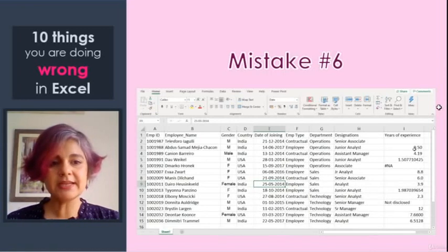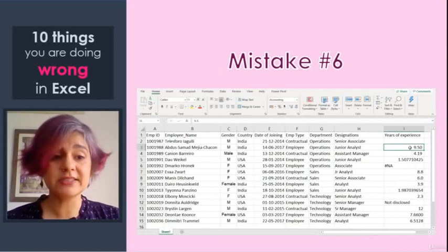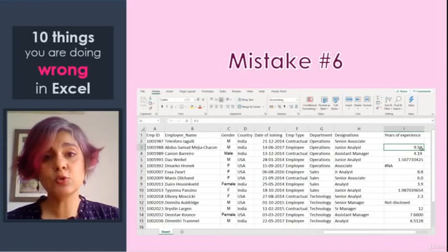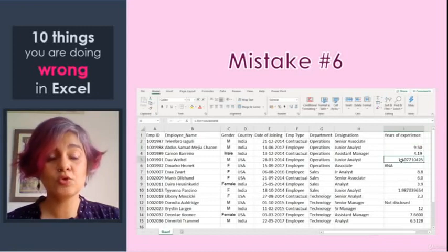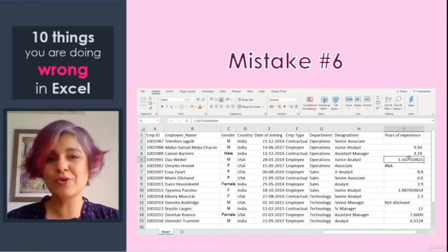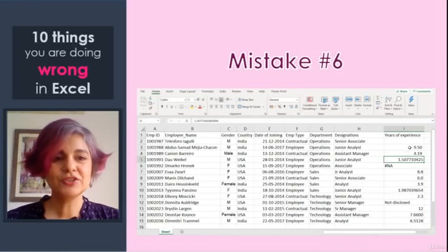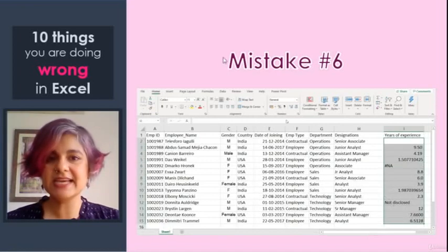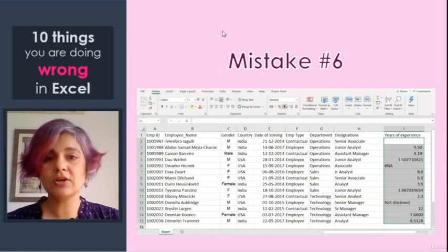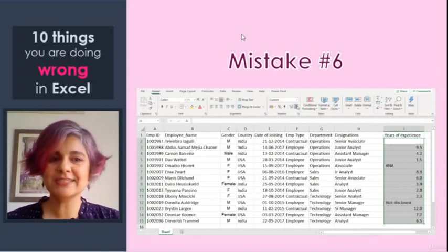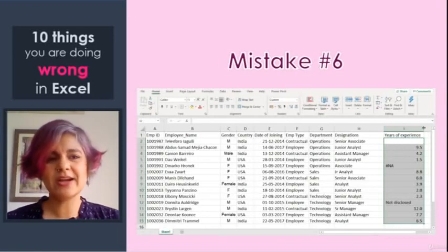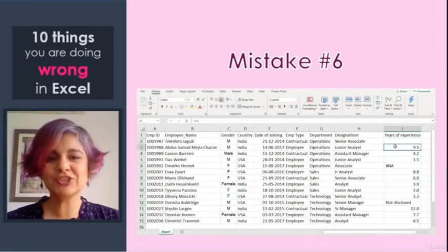Similarly, over here, if you look at my years of experience, you can see that some of these values have 2 decimal points, while some go down to many, many more decimal points, and far more than we need to really compare somebody's experience within the company. So what we can do over here is again select all of these cells, and either you can click on this comma sign, which will default them to 2 decimal points, or if you want less than that, then you can even click on these buttons over here to reduce the decimal points further. I think for our use, a single decimal point is more than enough, so that's where I will stick to that. And this is how you make sure that all of your formatting is consistent.